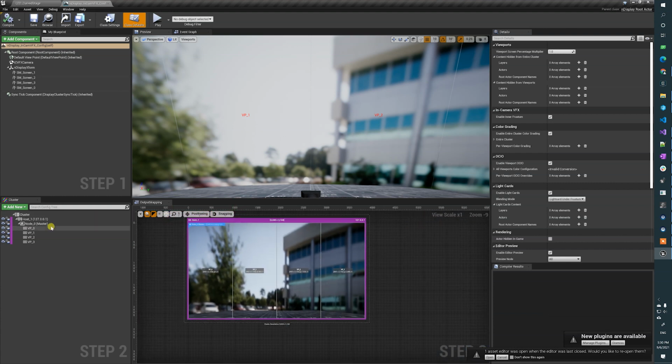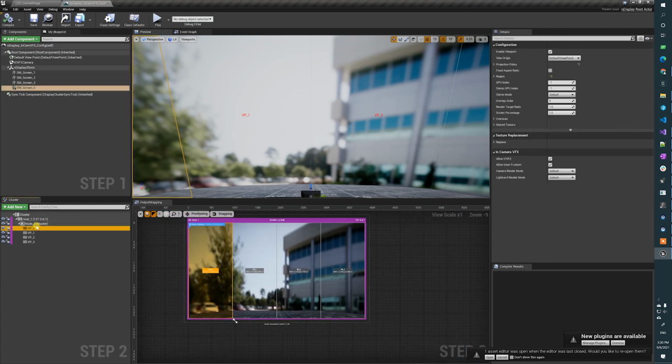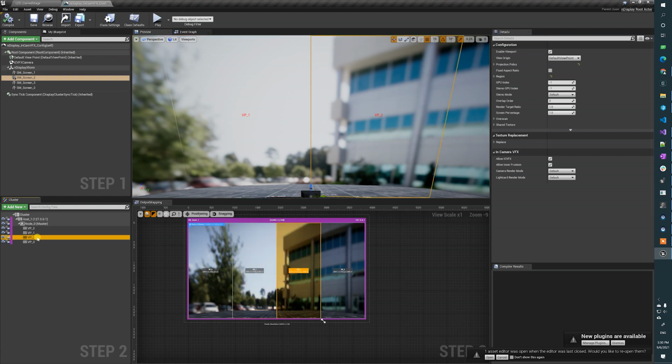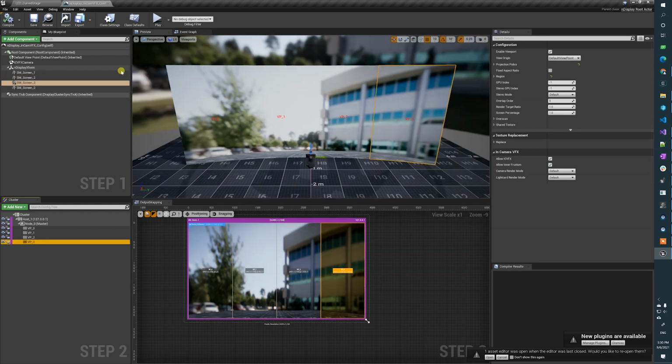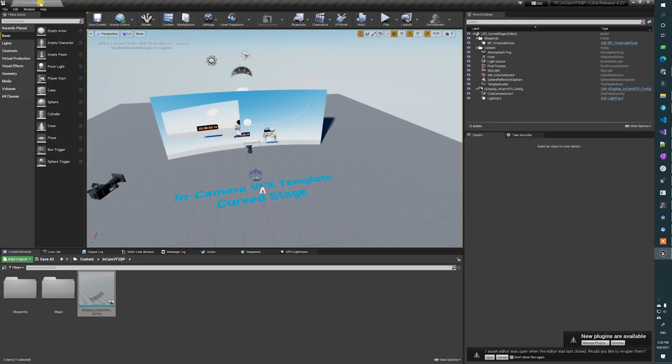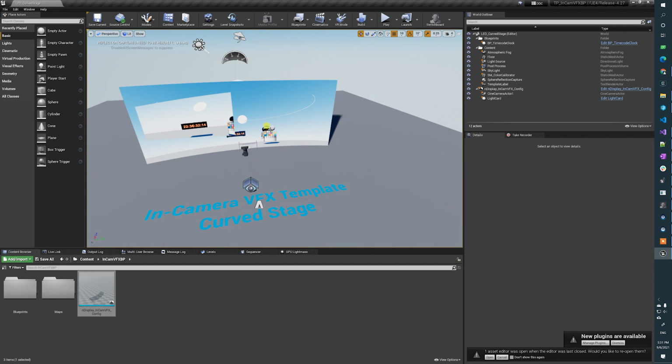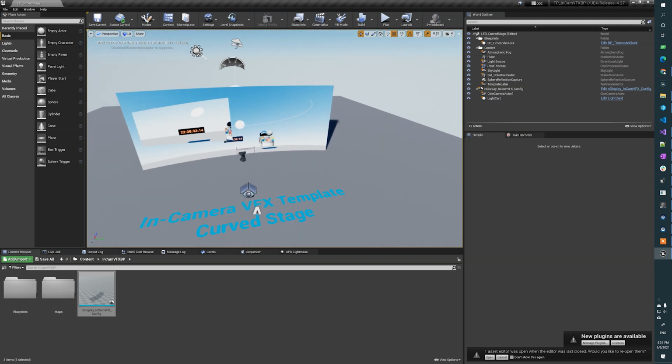It just consists of a cluster of a single node, and it has 4 viewports, 1, 2, 3, 4, building a sort of 4K window. And also it has one in-camera VFX camera, making it a total of 5 viewports, 4 smaller ones, and then one big one for the in-camera.